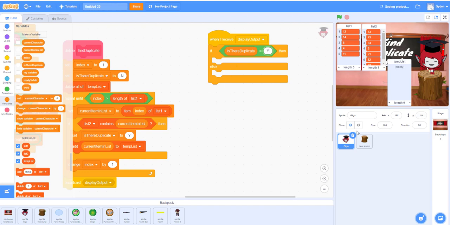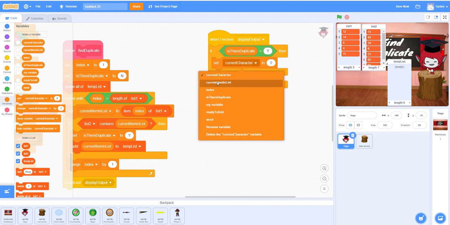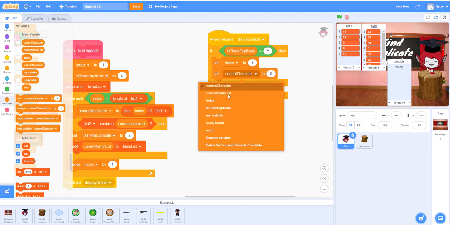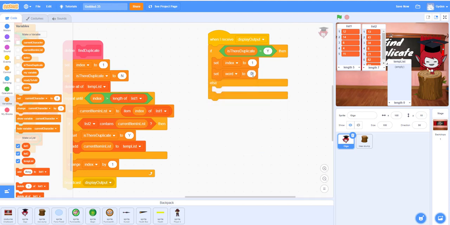But what we have to do is get the items in the list again. To get that, we'll do the same thing, just how we did before, right? So we are going to reset the index to 1, since we're going to reuse the index. And we are going to reuse the word also, so we can join them together, put it together with a comma. So we'll delete that 0, and we will say